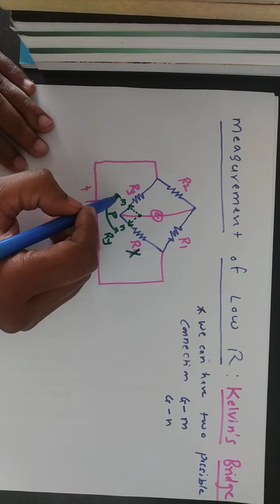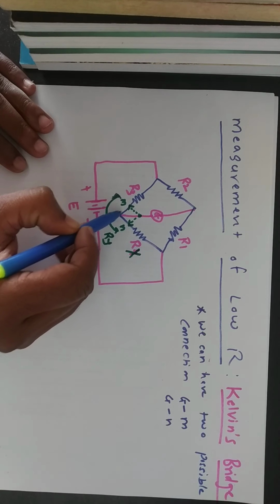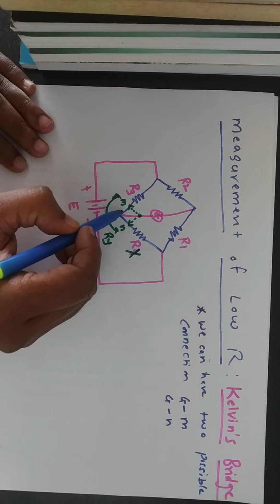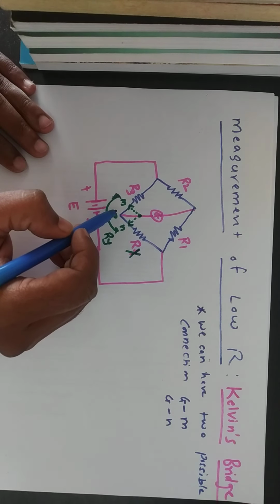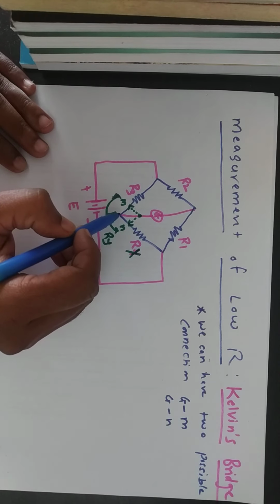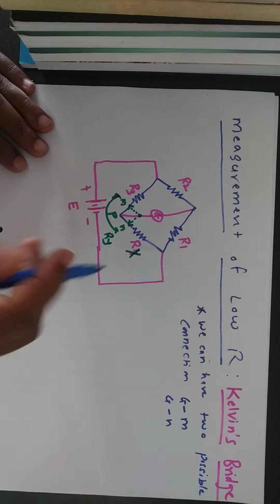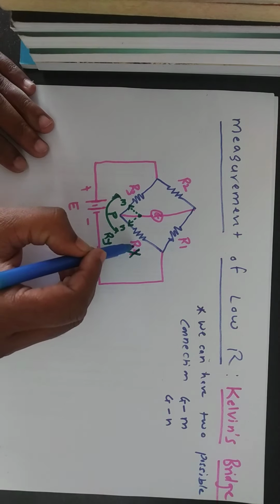Okay, so you can think, like, for example, if you connected this galvanometer to this point, this total resistance is a contact as well as a lead resistance. So this is your lead resistance, because these are the resistances and they have some sort of leads, that is connecting parts, and if you combine them, you can have some sort of resistance. And we have to consider this, although this resistance is very small, in the order of less than 1 ohm, but we have to consider it in order to measure the low resistance. So if you connected this galvanometer to point M, this resistance Ry is added to Rx.